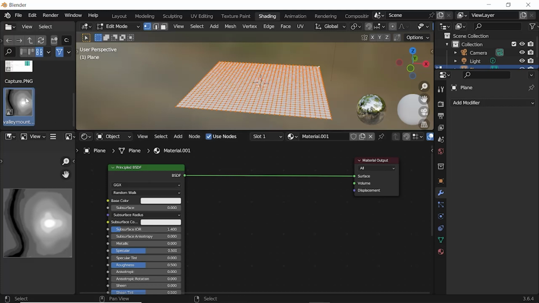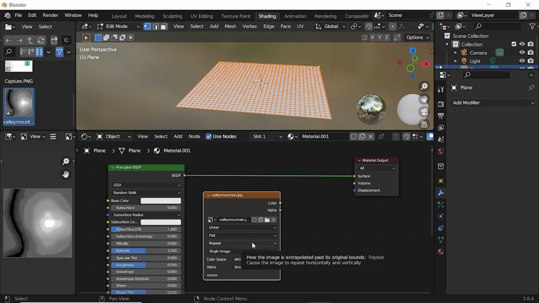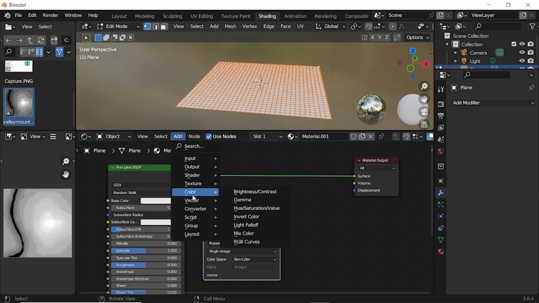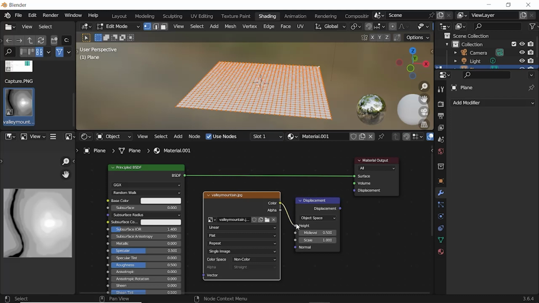So let's go ahead and add our displacement map to the shader editor. And because it is in grayscale, we're going to go to the color space here and set to non-color. And then to feed that into the material output, we're going to need a displacement node, which is under vector. So add vector displacement, and we'll stick that guy right there. And we're going to use our color to change the height. So we'll go color to height, displacement to displacement,